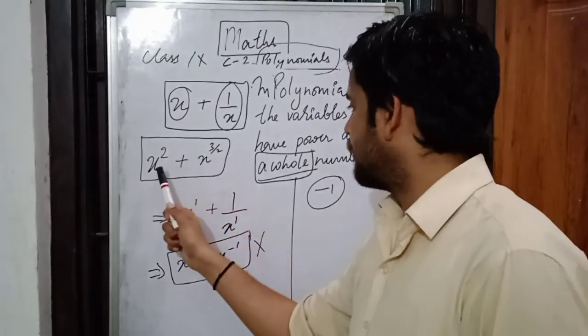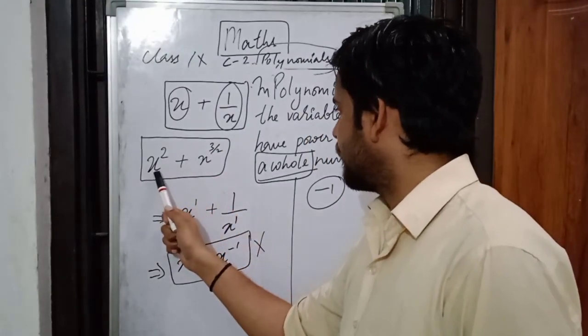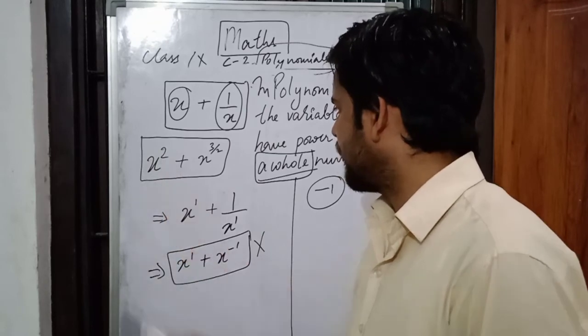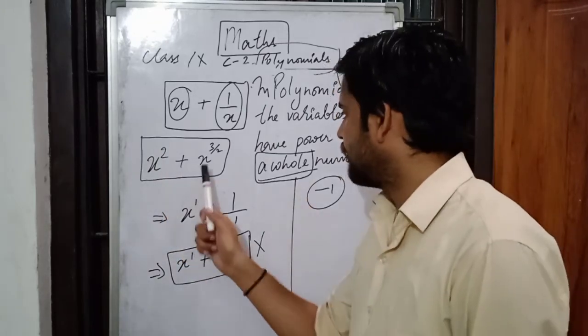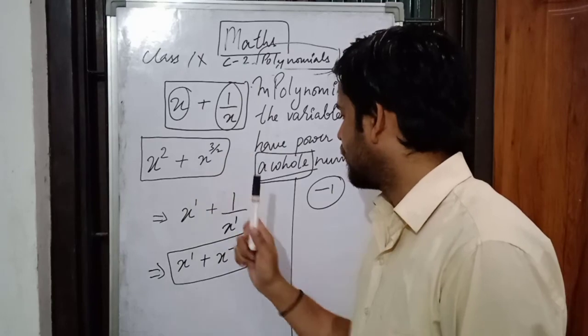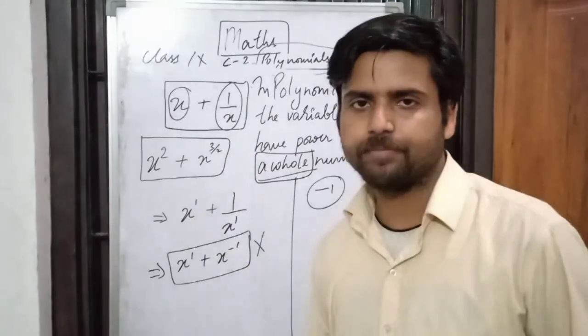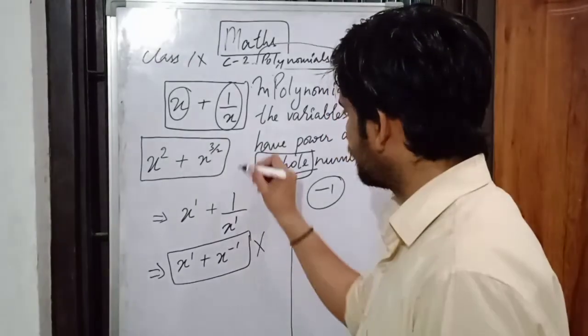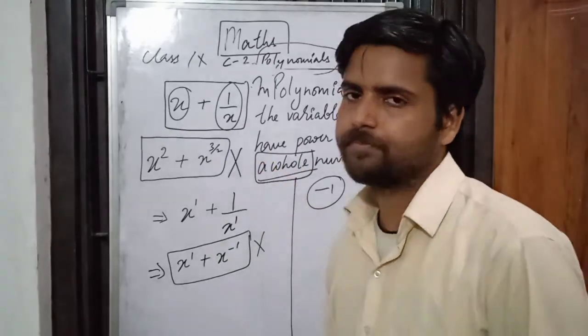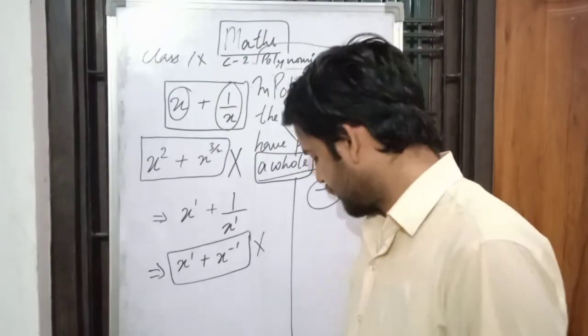So here, in this term the variable has power 2. Fine, it's a whole number. But here the power of the variable is a fraction, and a fraction is not a whole number. So therefore this is also not a polynomial. Okay, I hope